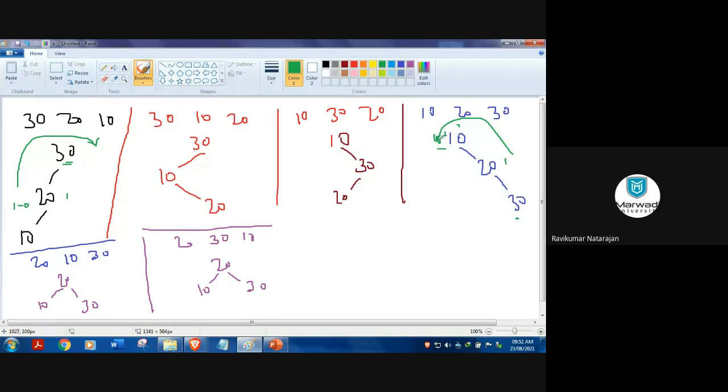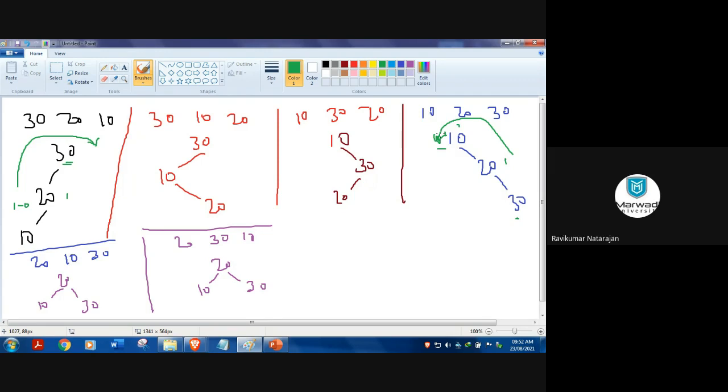Again, I will do this kind of rotation, right? I just want to pull this 10 towards down. So what happens if I drag 10 like this? 10 will come down. 20 will go up. 30 will be again on the right side. Again, I'll be getting this one. Same one, right? Yes. So then it is balanced.